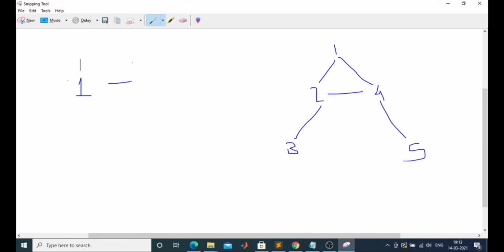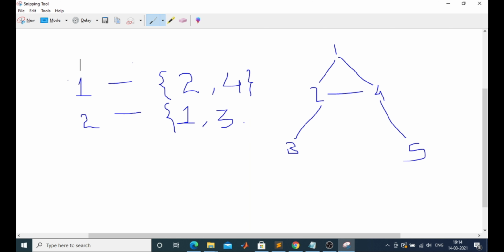One is our first element. We will store in the vector all the elements which are directly connected to one. See, in this case, 2 and 4 are directly connected to 1. So we will push these two elements into our vector. These are the direct neighbors of 1. Then we come to 2. I told you earlier in the adjacency matrix case also that this is an undirected graph. So if 1 is a neighbor of 2, then 2 is also a neighbor of 1. So include 1,